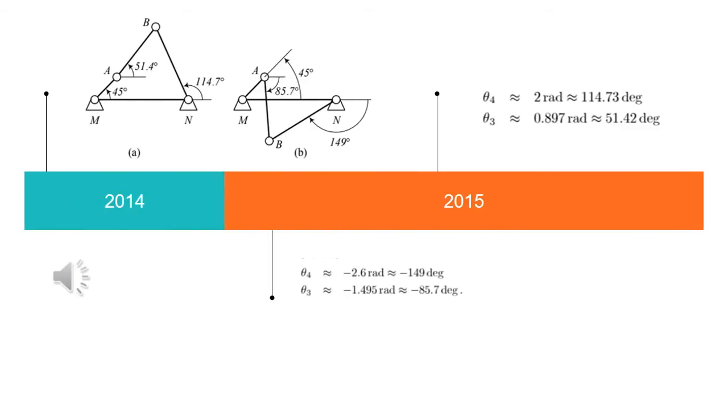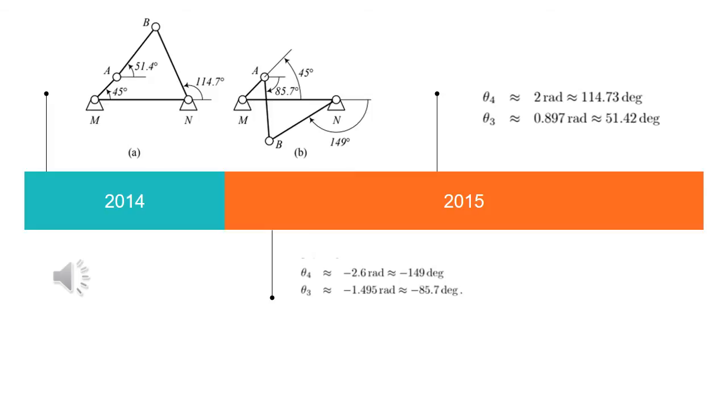So in this diagram we can see the possible configurations of a four-bar linkage having the same input angle 2. Now we're going to use the minus sign. The input angle 2 is the same as pi divided by 4 radians,